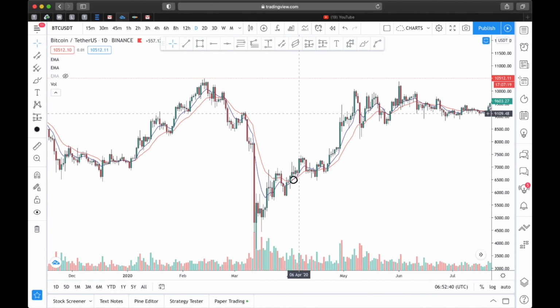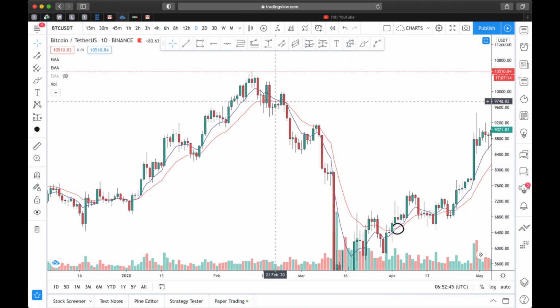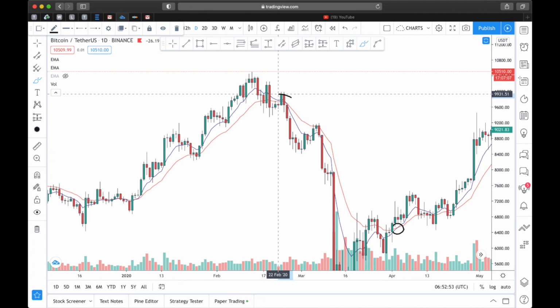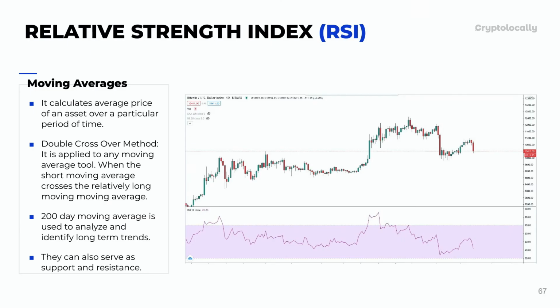For this area now, when the blue one, which is the 8-day moving average, crossed to the downside, can you see? It crossed the 18-day EMA to the downside here. It means what? There's probably going to be a downtrend very soon, which we had. Do you understand? So the 8-day EMA crossed the 18-day EMA to the upside here, which signifies an uptrend. So I hope you understand moving averages now, and then the